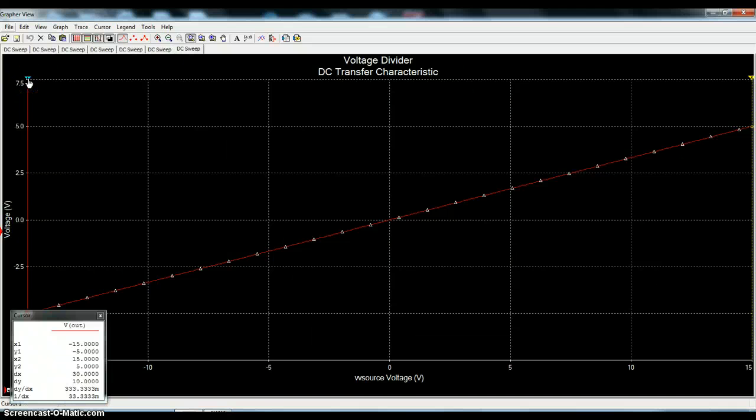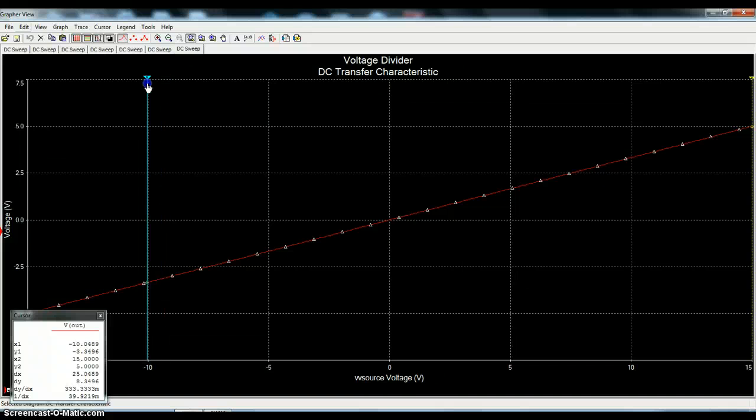Well, cursor number 1, if you look down at the graph here, it says you have x1 and y1. It doesn't matter what your variables are, it's going to show up as x and y, x horizontal and y vertical. So for cursor 1, we have x1 as minus 15, corresponding to the very left-hand side, and y1 as being minus 5. On the other hand, x2 has been set at plus 15, and y2 comes out as 5. So as I move either of these cursors, if I put the pointer on it and move it,